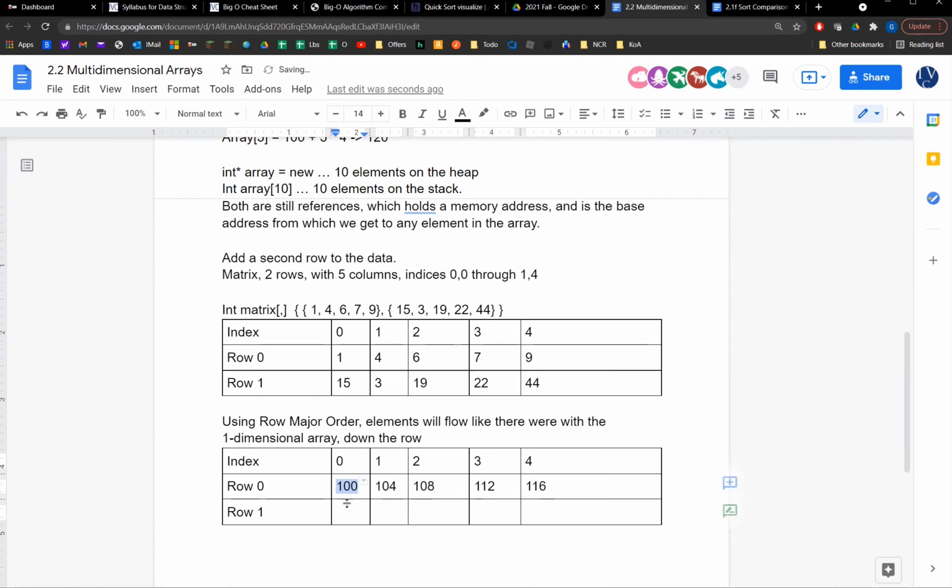All right, so our row major order, base address, the very first element in our matrix, our array. Assuming it's at memory address 100, each up will be 4 bytes after. And then we'll just wrap around. When we get down to the next row, it's 4 bytes greater than its previous element. Right, so the last element in the first row was at 116, so we're taking bytes 116, 117, 118, and 119. Right, 4 bytes for a variable. The very first element in the second row will be at 120,